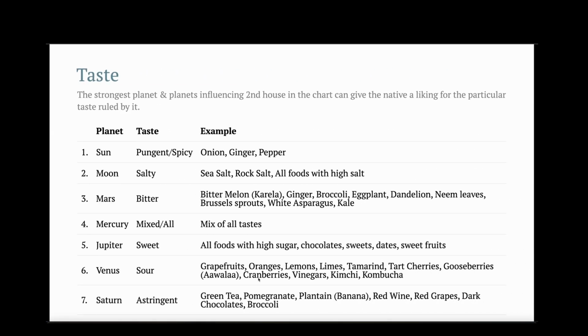So now let's look into the taste associated with each planet. Regarding taste, the strongest planets or the second house in the chart are also related to taste. So the strongest planet in your chart, or the planets influencing the second house, can give you the liking of any taste. For example, if Sun is the strongest planet in your chart or Sun is heavily influencing your second house,